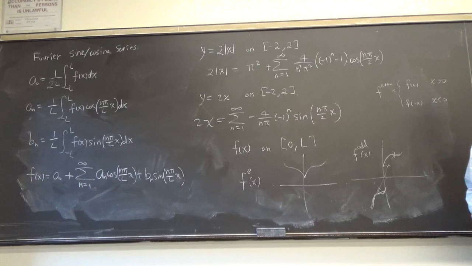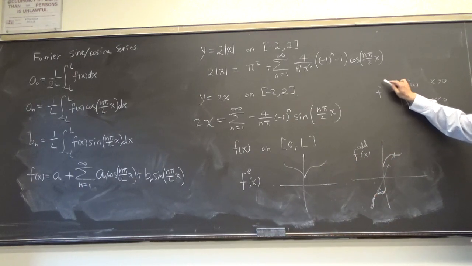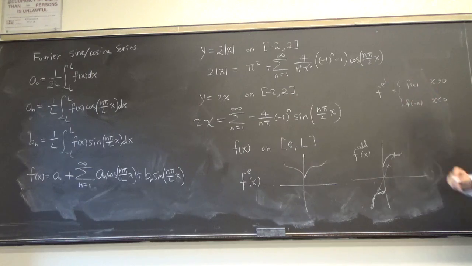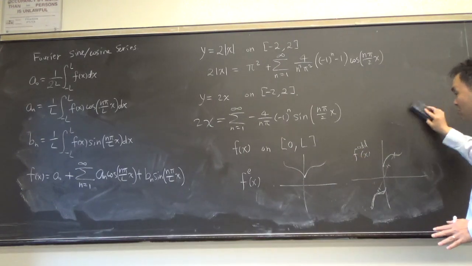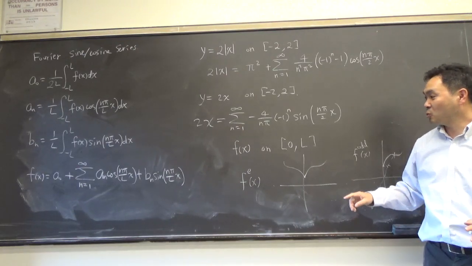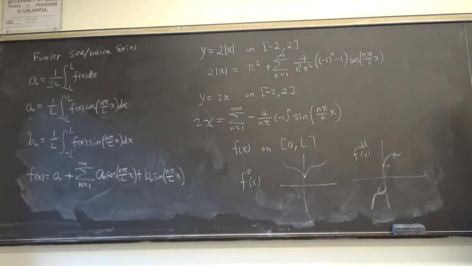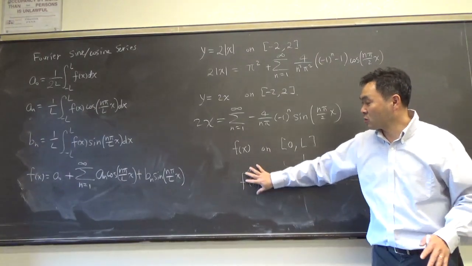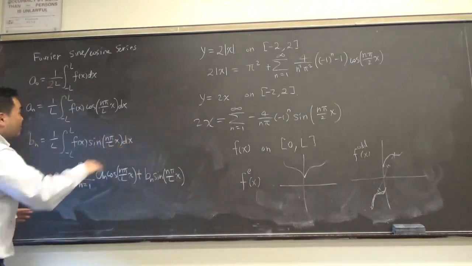Then that's the formula for getting the even extension, and if you put a minus here, that'll be the odd extension. But lucky for us, we don't have to consider this at all, because at the end of the day, this won't be used in the formula. So let's think about the following. Suppose we worked with the even extension. Then automatically bn will be 0, but